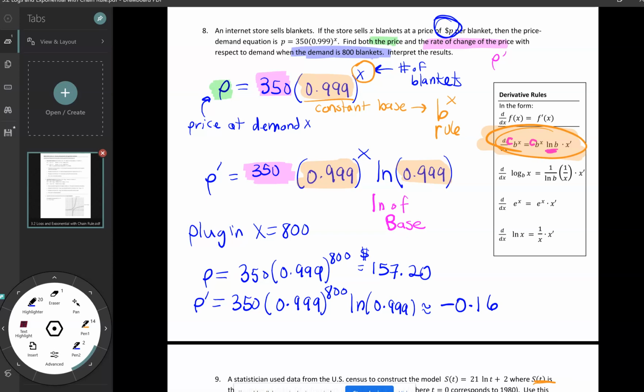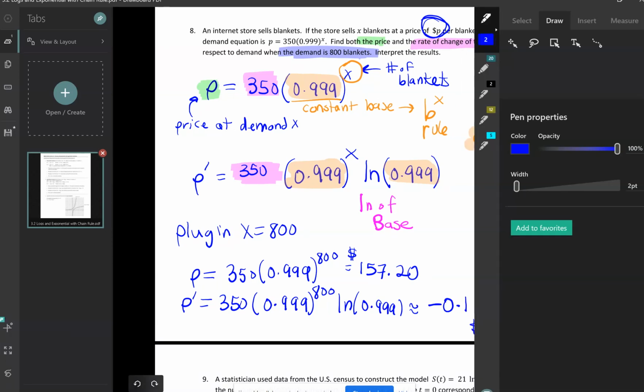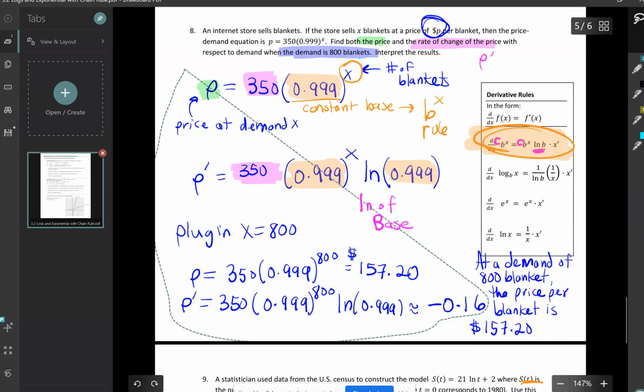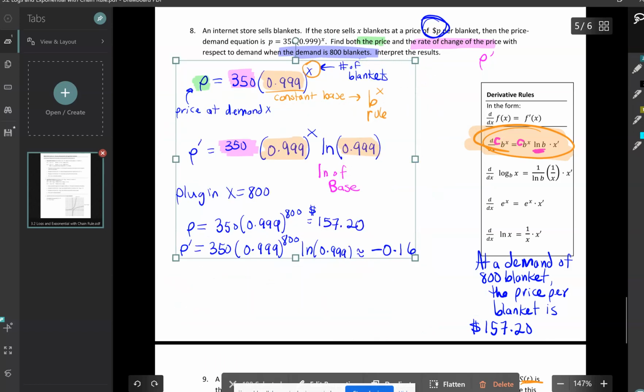So we would say at a demand of 800 blankets, because that was my input, right? So at a demand of 800 blankets, that's my input, the price per blanket is $157.20. I'm going to shrink all this so I have some more room to write. Okay, that's a crazy expensive blanket, and 800 people want it. Okay, so that's our demand there. And then we have to